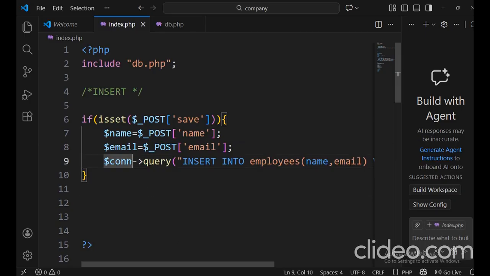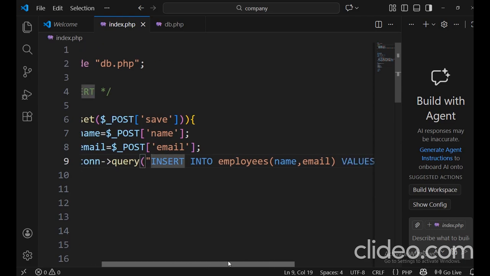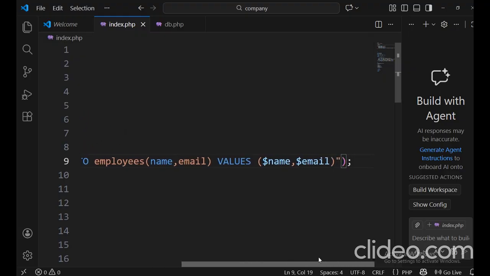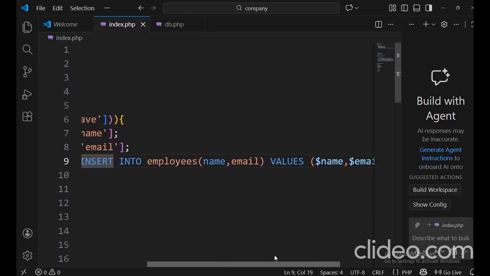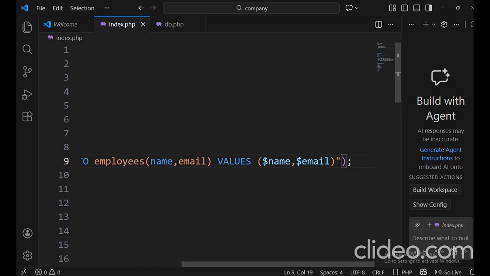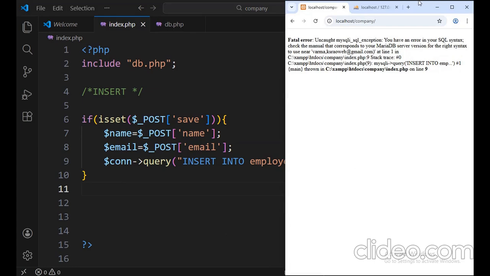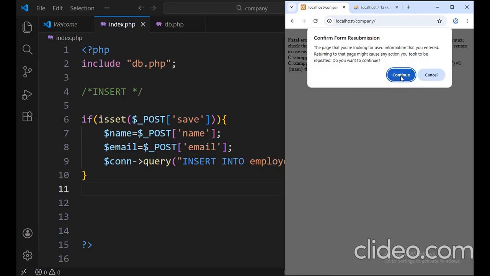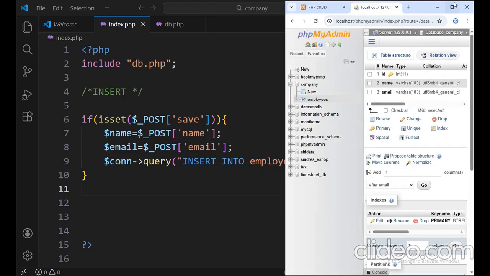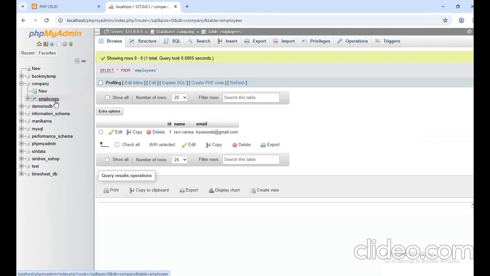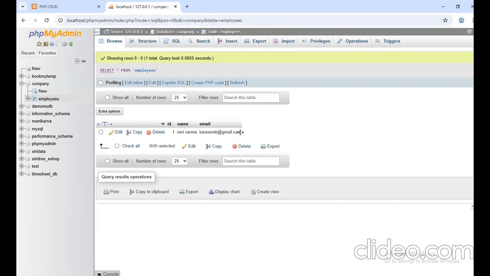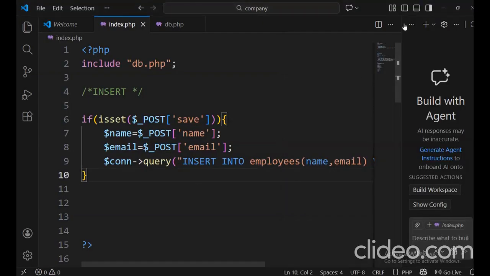In this line, insert into email. Okay, data is inserted. Now next we'll check the